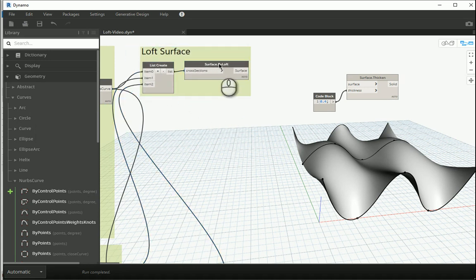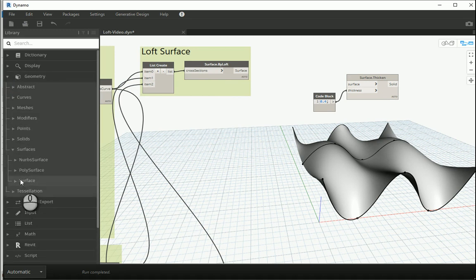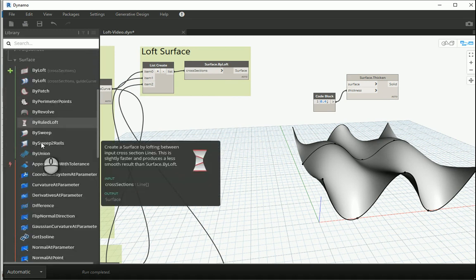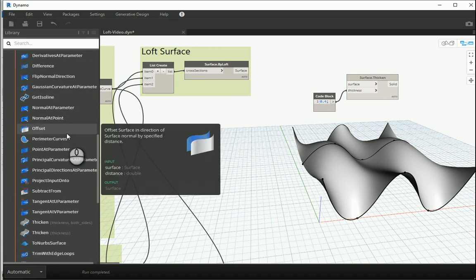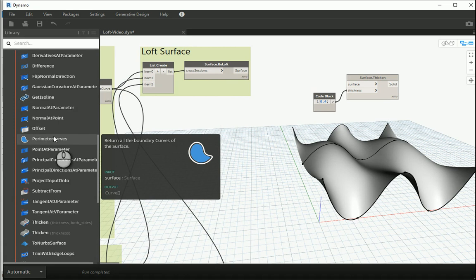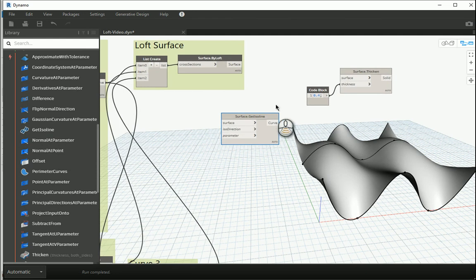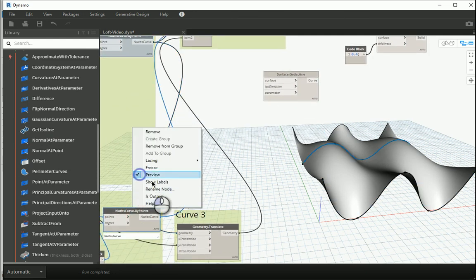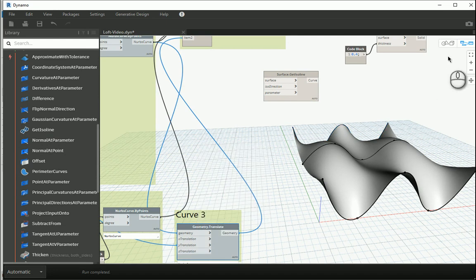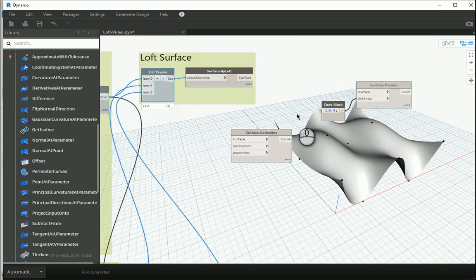So we know that this is a surface. So if I go to geometry, surface, and the surface again, if I go here with the lightning sign, which means I can do further modifications on an existing geometry, I can get the ISO lines, right? Let me hide these 3 curves so they're not confusing us. And I want to also hide this list here. Okay, so see what happens when I connect